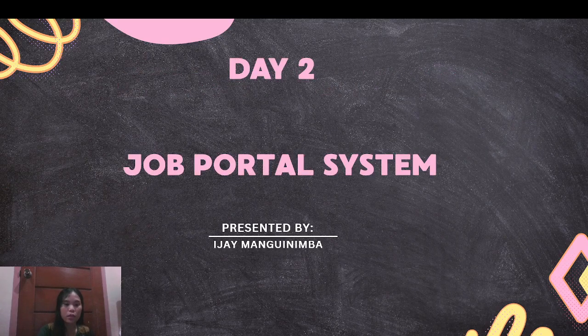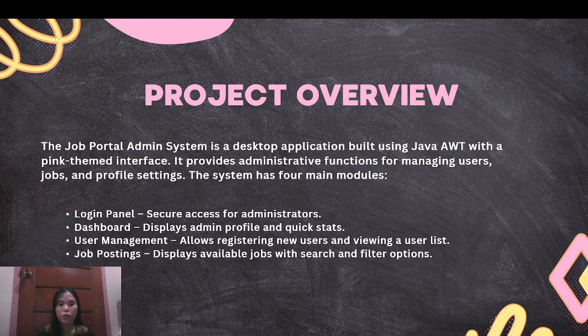Next is the Job Portal System. Let's look at the Job Portal System presented by AJ Manganimba. Project overview: this system is another Java AWT desktop application, but it's built for job